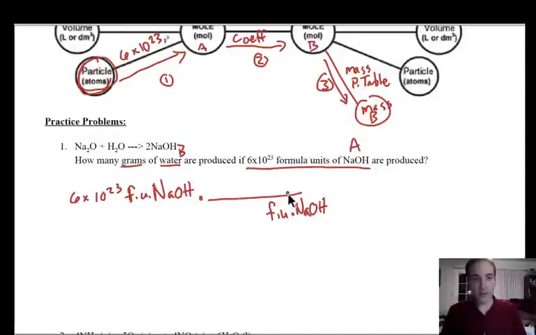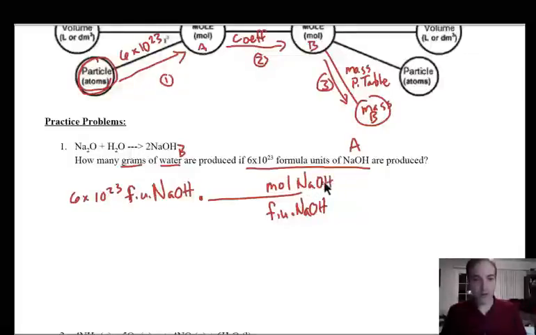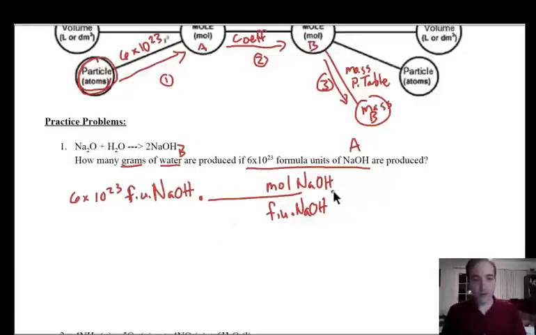Then we need to get to the units that we want next. Well, we're in step 1 right now, so we're going from particles, meaning formula units, to moles. So it's going to be moles, and we're still dealing with substance A, so it's going to be moles of sodium hydroxide. Right? Next, we're going to go to, actually before we go on to the next step, let's plug